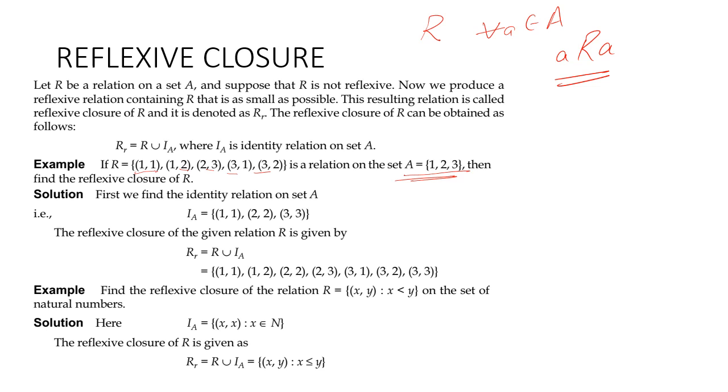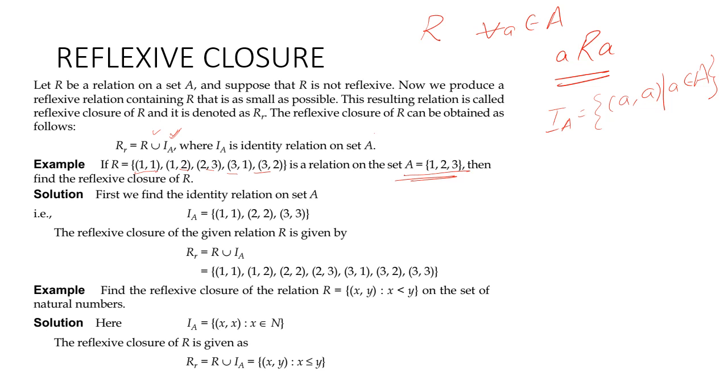So what is a reflexive closure? Please listen carefully. The reflexive closure is the smallest relation which contains the given relation and is reflexive. I'll repeat: a reflexive closure is the smallest relation containing the given relation which is reflexive in nature. Now, a very simple method of finding the reflexive closure is by taking the union of the given relation with the identity set. If you remember, what was the identity set? The identity set is the pairs (A, A), only these pairs, such that A belongs to the set.